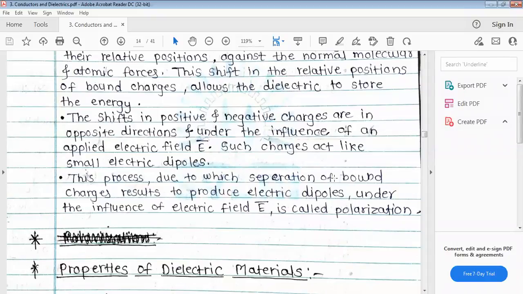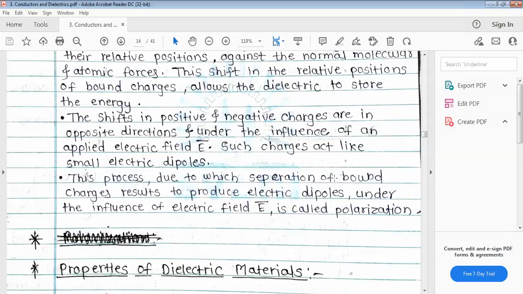So all of you understood what is meant by polarization? पोलरायझेशन म्हणजे काय? तर जेव्हा आपण डायइलेक्ट्रिक मटेरियलला एक्सटर्नल इलेक्ट्रिक फील्ड अप्लाय करतो, तर त्याच्यामधून करंट फ्लो होत नाही, फ्री इलेक्ट्रॉन्स नाहीयेत. फील्ड अप्लाय केल्यानंतर त्यामधले बाउंड चार्जेस सेपरेट होतात, त्यांची पोझिशन शिफ्ट करतात, आणि स्मॉल इलेक्ट्रिक डायपोल प्रोड्यूस करतात. डायपोल प्रोड्यूस करण्याच्या या प्रोसेसला polarization म्हणतात.